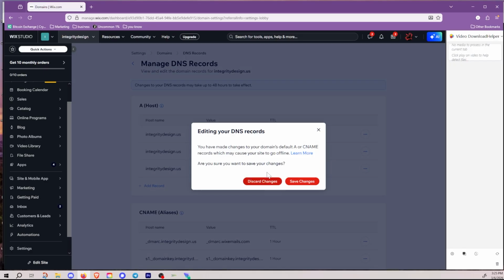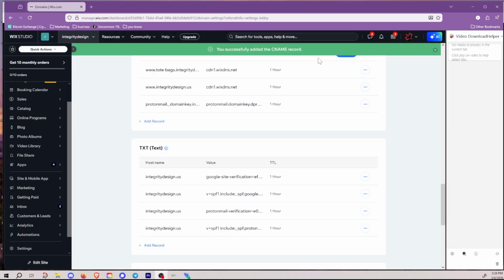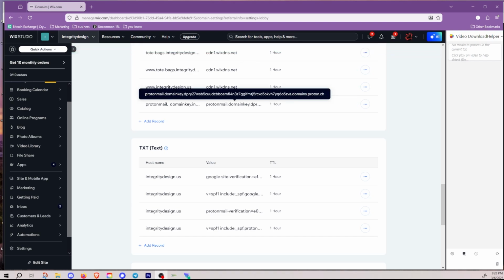Let's see what this says. You made changes to your domain's default A or CNAME record, which may cause your site to go offline. Are you sure you want to make changes? I'll just hit save. Okay, now what you'll notice is that you may get that error message that just popped up. When that happens, you want to go back and delete that dot that's on the last character